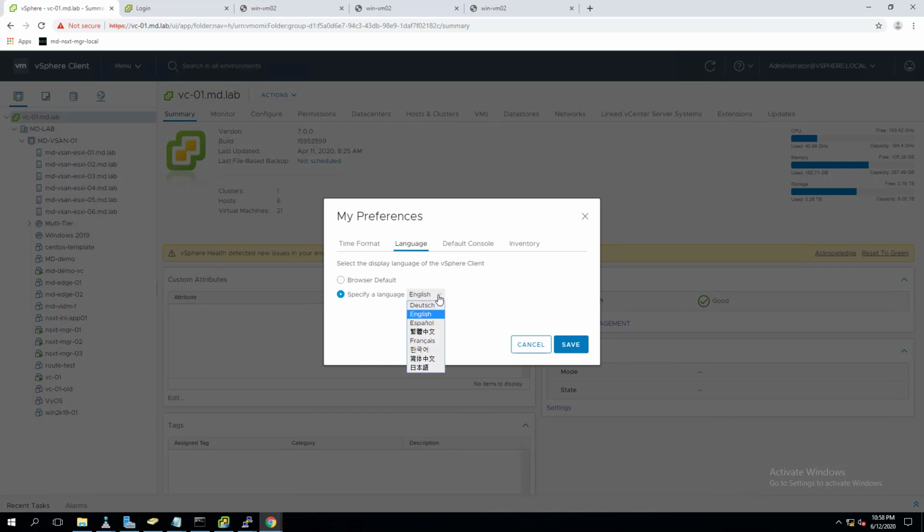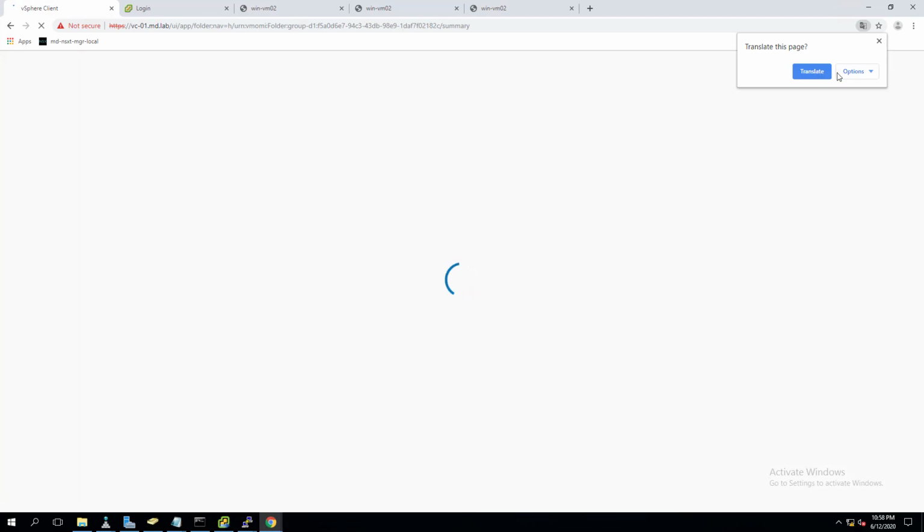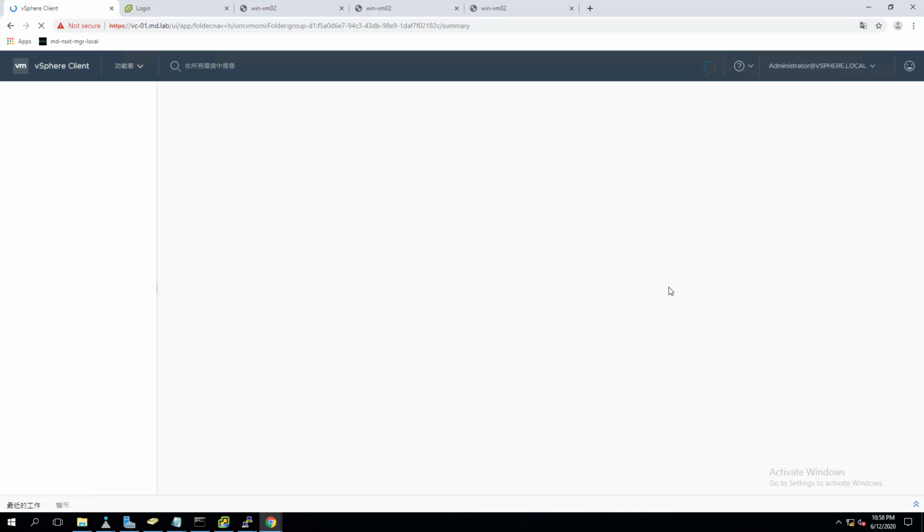The next thing is language support. vSphere admins are situated around the globe, so if they want to use their own languages, multiple languages are supported, such as English, French, Spanish, Russian, and some of the Asian languages such as Japanese, Korean, and Chinese. So let me change it to one of the languages. Definitely I don't know which language I'm changing it to, because I can't read Chinese, Korean, or Japanese. It may be any one of the languages. Okay, so I changed it.